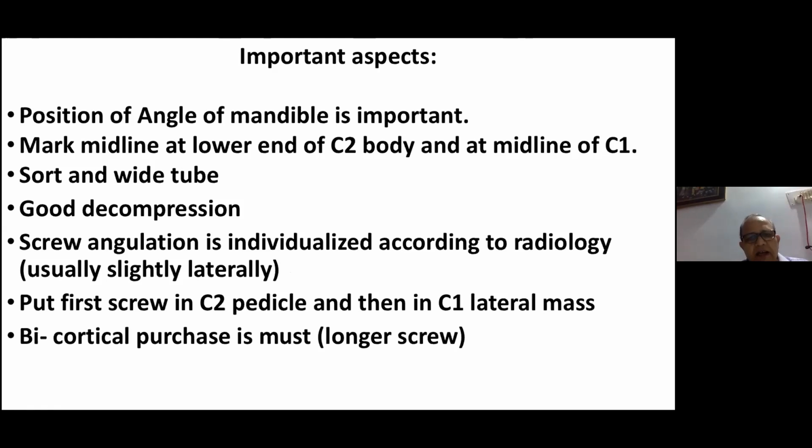Put the C2 screw first, and in the final tightening, the C2 screw should be tightened last. Make it a little convex posteriorly or concave anteriorly, so that reduction of C2 can be achieved by just tightening,